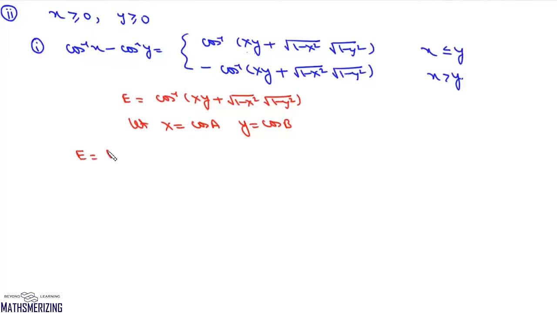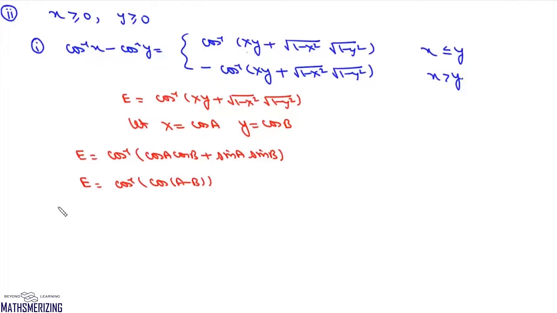We'll get this E as cos inverse. Now it will be cos A cos B plus sin A sin B, and we'll get this as cos A minus B. So this E will be cos inverse of cos A minus B. Now we can cancel this cos inverse with cos only if A minus B lies in the